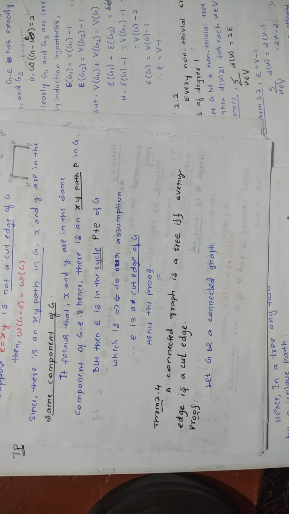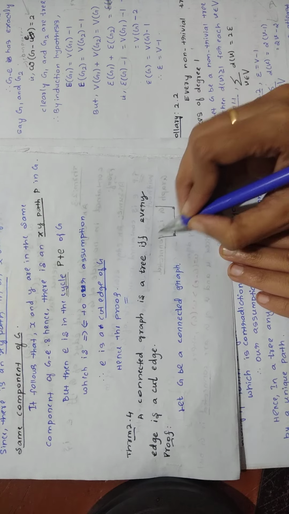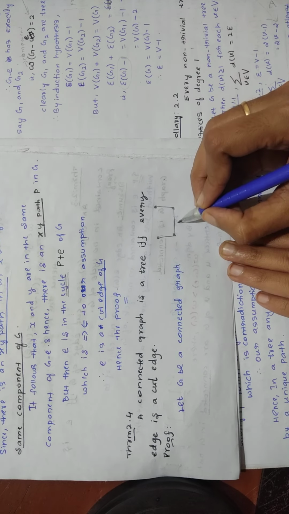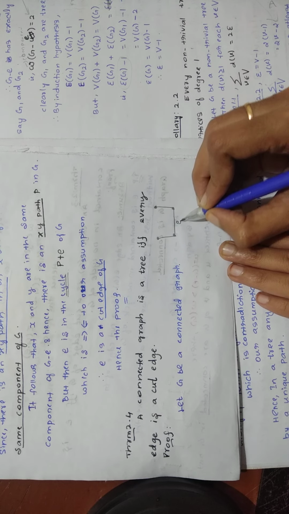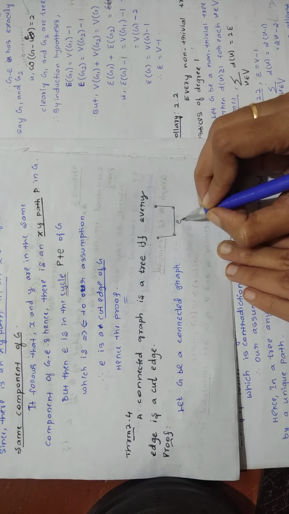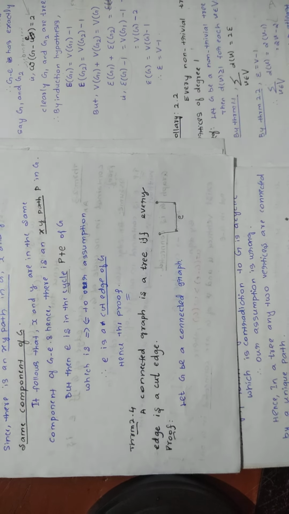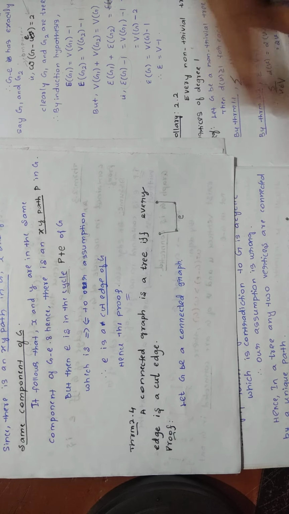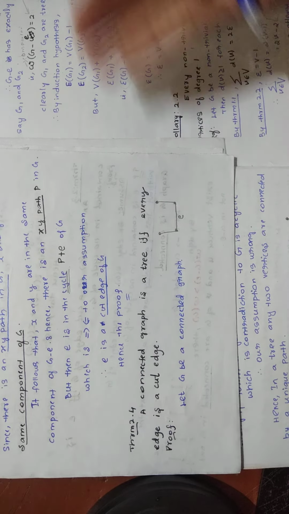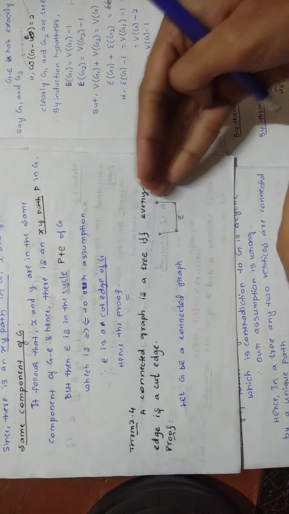Okay, so as we all know, what does cut edge mean? Consider a graph like this. Here is an edge E. I mark this edge as E. So if I want to say this edge E is a cut edge, what is the condition that E should satisfy? Even after I remove this E from this graph,